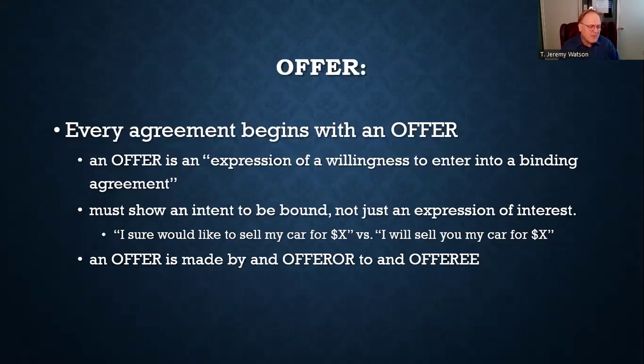All right. It's worth talking about how an agreement is reached. What is the method of reaching an agreement? That way we can tell when the agreement was reached, and that helps us know what the terms of the agreement are, right? What if we talked about a whole bunch of possible elements of our agreement beforehand, and we talked about a whole bunch of possible elements afterwards? Well, which ones of those negotiated terms are actually part of the agreement? Well, we don't know unless we know exactly when the agreement was made. So let's talk about how an agreement is made.